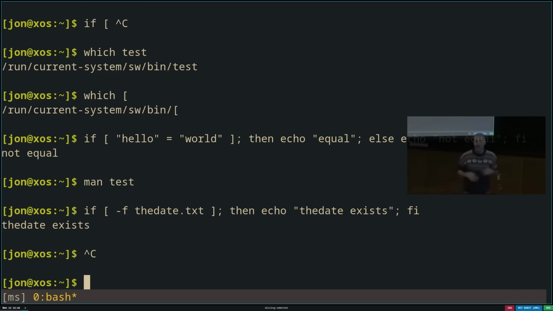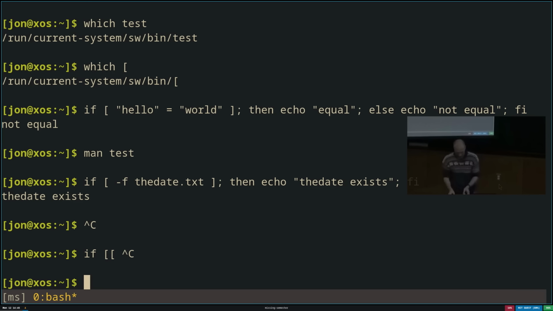Cool, so that's the test program. There's a bunch of things. If you read bash, you'll often see double square brackets instead of single ones. Double square brackets are a built-in version of test in bash that is a little harder to misuse, but we're not going to get into that. Its syntax is very similar. The last thing then is